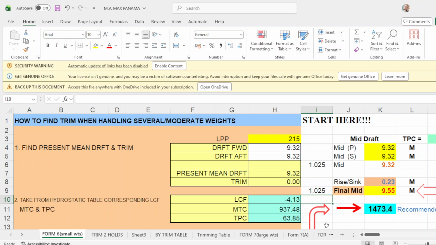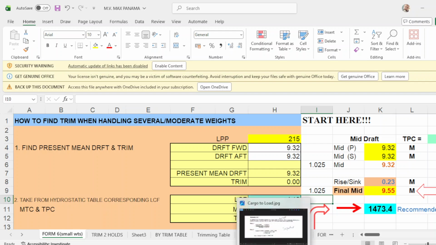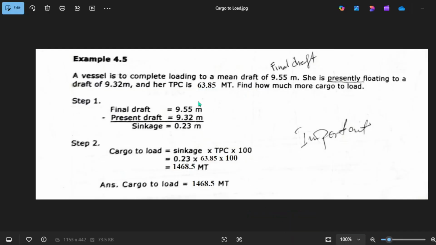Now, since your mean drop is 9.32, you will get your TPC of 63.85. Since you already have your TPC, to get the cargo to load, the weight is sinkage times TPC times 100.